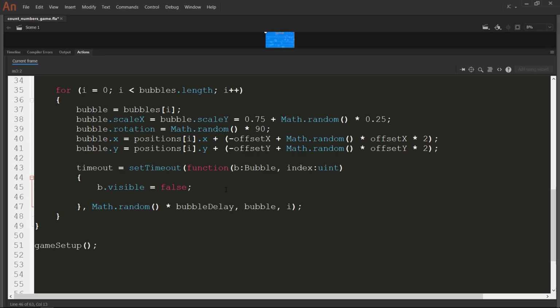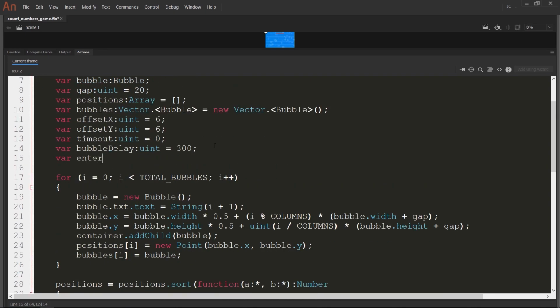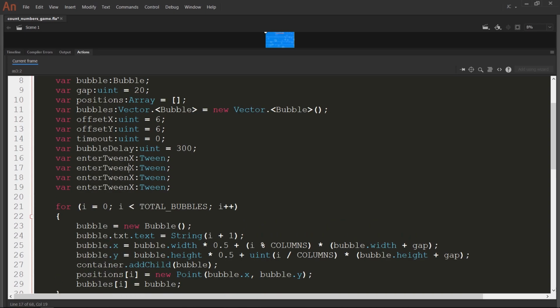And I'm going to need here four Tween variables. So I'm going to the top. I'm going to say var enterTweenX of type Tween, because if you have already used the Tween class from ActionScript, you know you can only animate one property at a time. That's why I'm going to need four variables to animate four properties. So enterTweenX, enterTweenY, enterTweenScaleX. So I can just add the word scale here, something like this. Going back to the timeout,